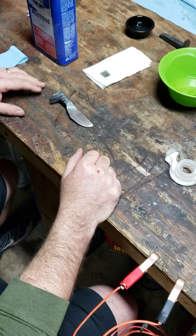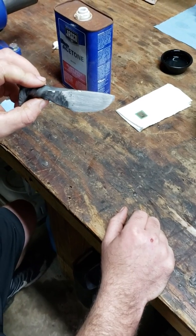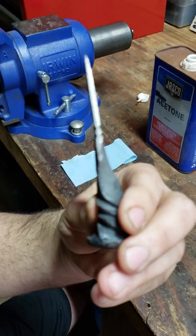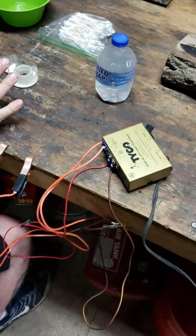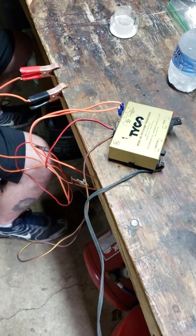Okay, I'm going to be electro etching a little mini spike knife for a little 5-year-old. Give him a little arrowhead on the top of it. Okay. This is my homemade machine, to where if I wanted to buy one it would be $325 through a